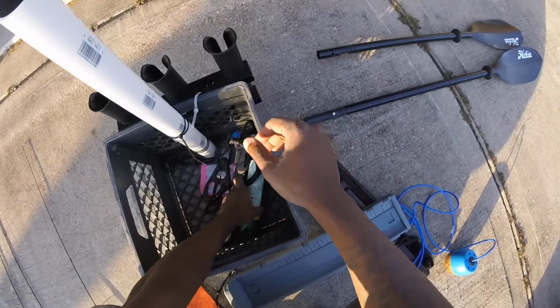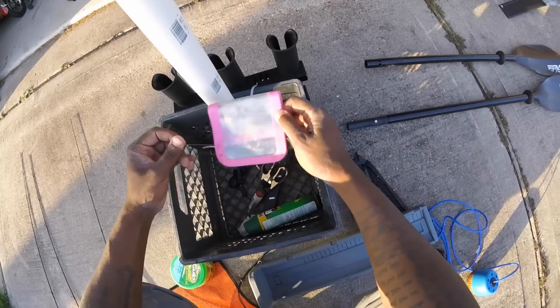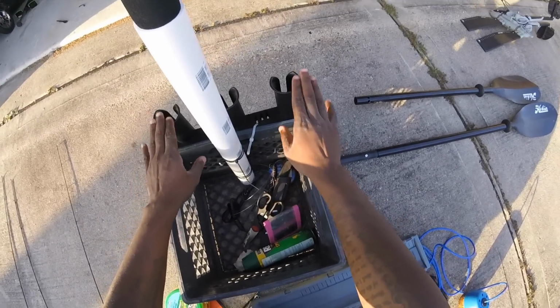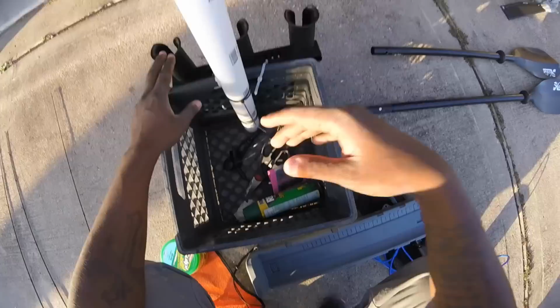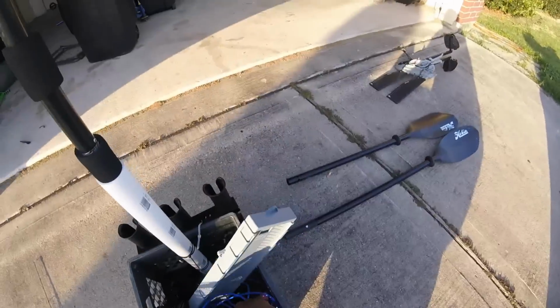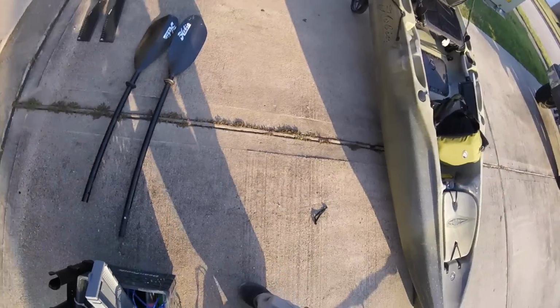I keep a fillet knife, bug spray, some old rusty scissors, fluorocarbon leader, and I have my fish pole holders in the back. I got the pole holders from Academy for like $9. So all this stuff is really cheap. And I usually try to bungee it in with some type of bungee that I have. I didn't do it today. I was kind of being lazy. So yeah, so